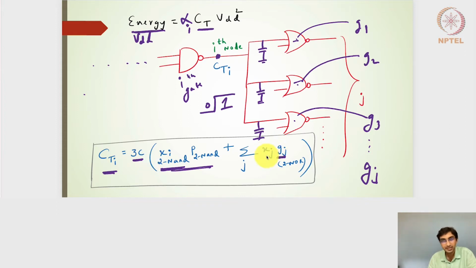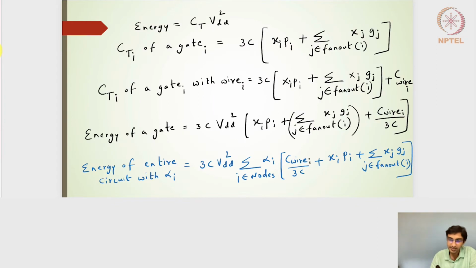And the driving factor multiplied by the logical effort should be able to give us the input capacitance. And of course, multiplied by 3C should be able to give us the absolute input capacitance coming from the next or the subsequent stages. So taking this forward, let's say that the energy term,